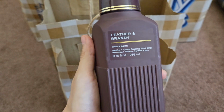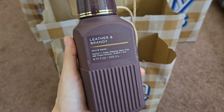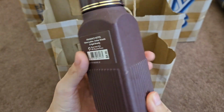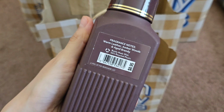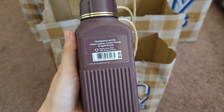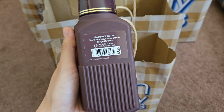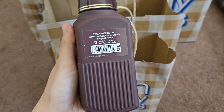Okay, so the first one we have is Leather and Brandy. I didn't realize when I saw this, but this was the more expensive soap. So if you ever see more intricate packaging, the soap will retail $8.95. When it rang up, I was like, oh, why is it ringing up for so much? It was because the retail price isn't $7.95, it's $8.95. So this soap came out to